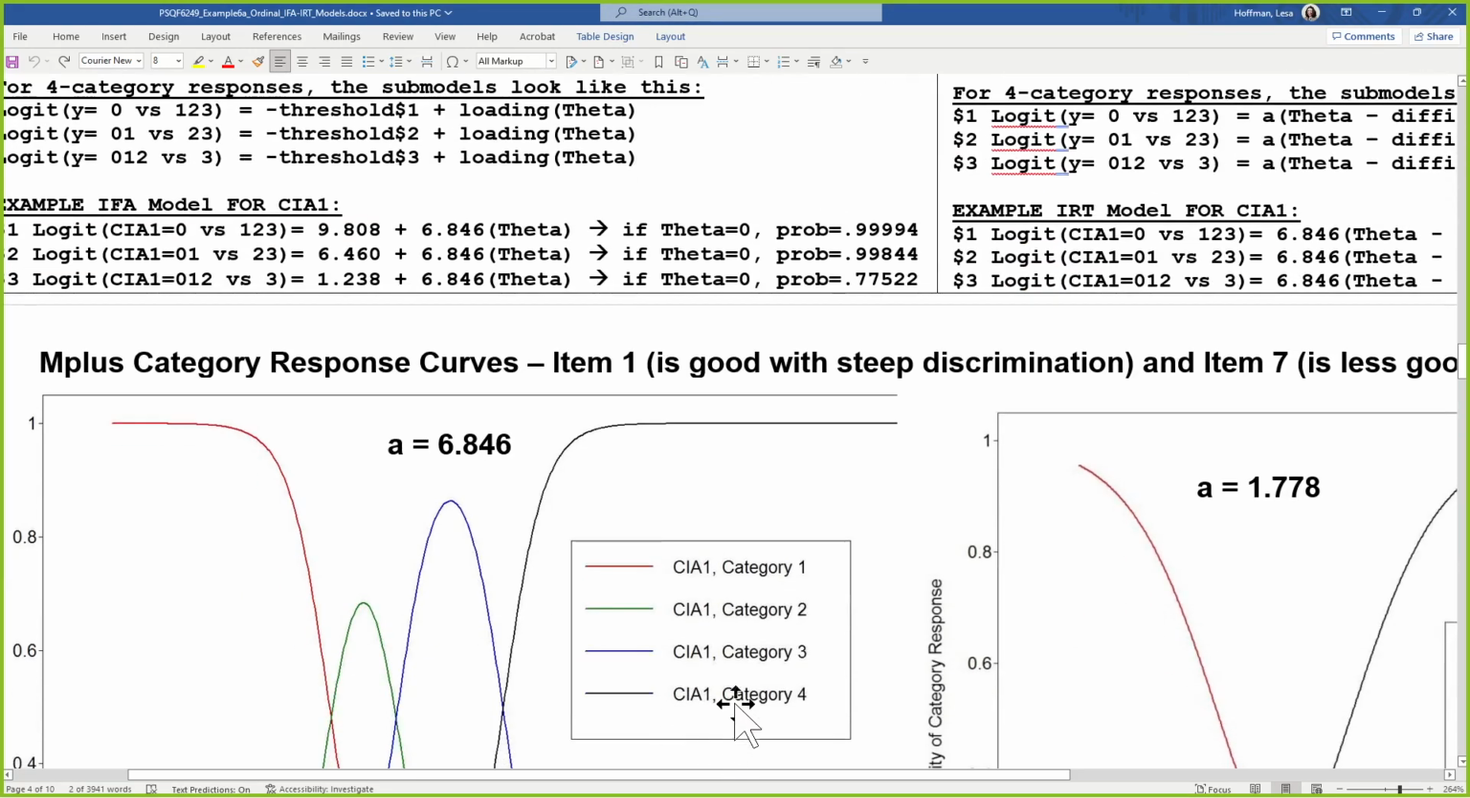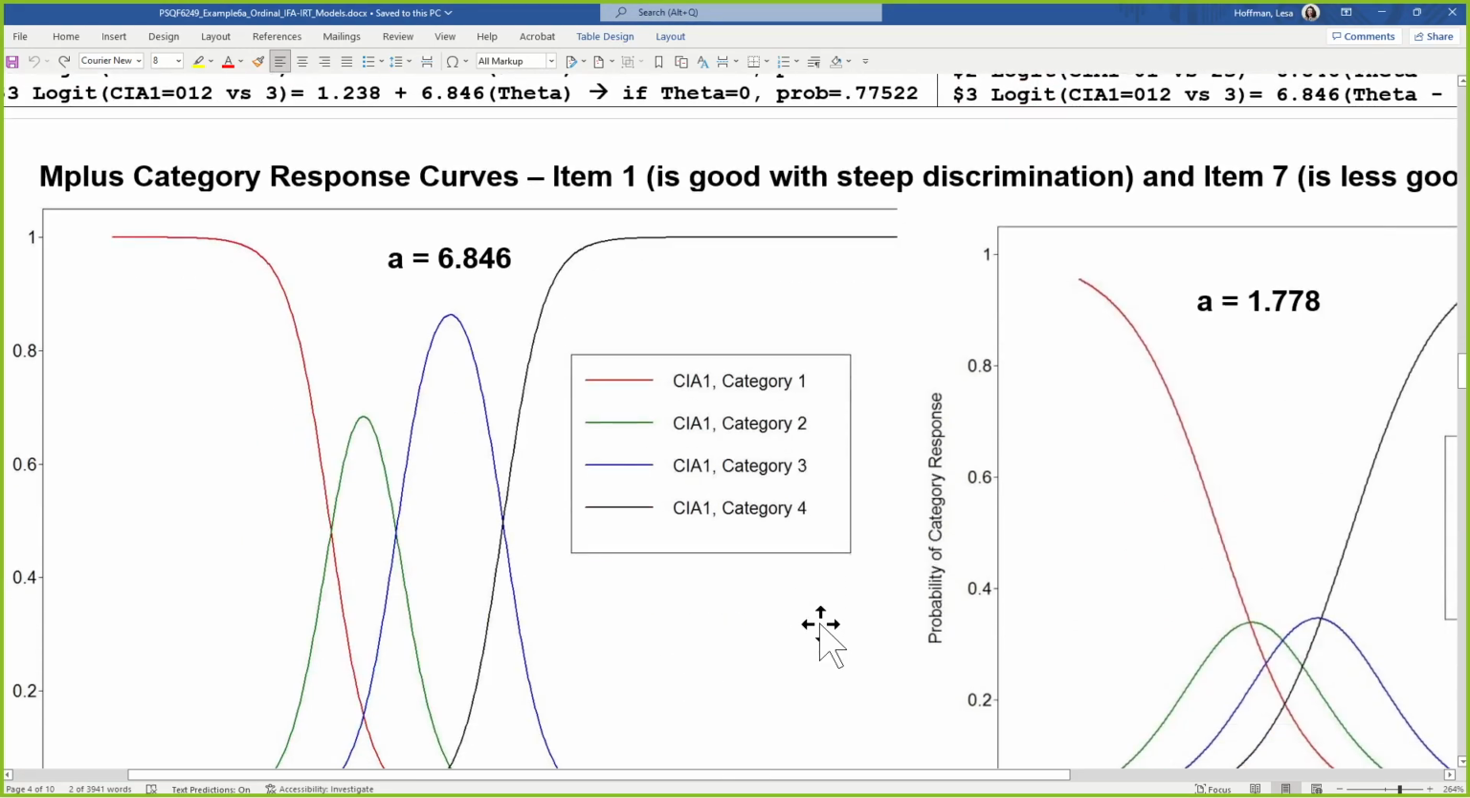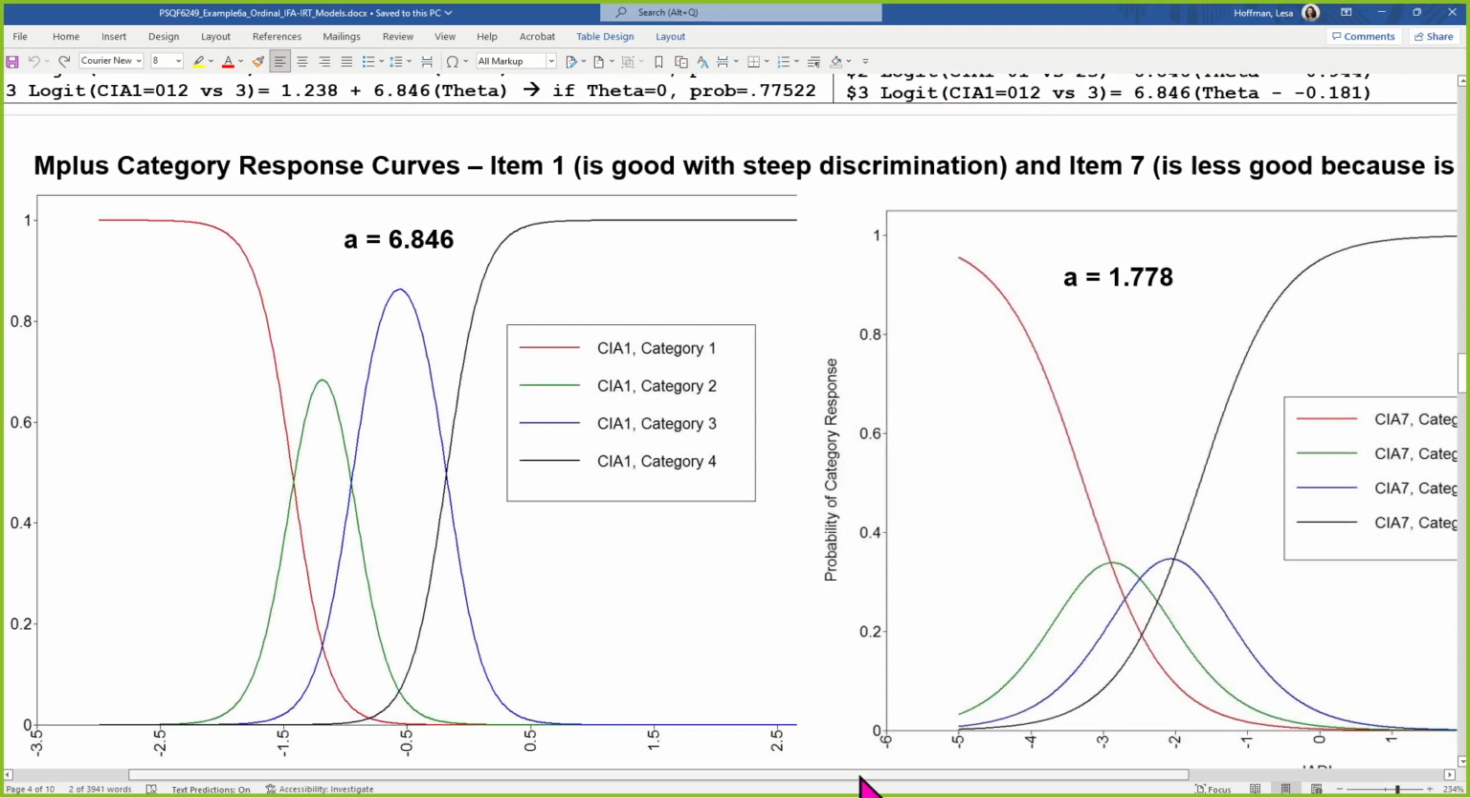Here's some pictures. So here are some examples of what we call category response curves. We're taking the predicted probabilities across the submodels, subtracting between them to get the probability of each distinct category rather than lumping them together. And these plots show, at each level of theta on the x-axis, what the probability of each response category